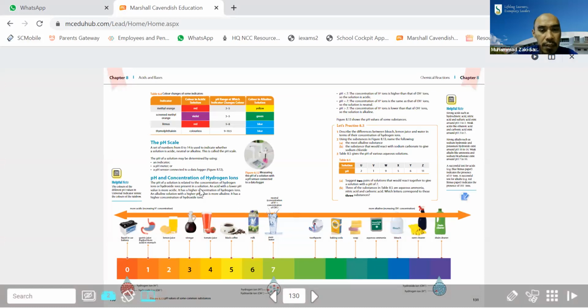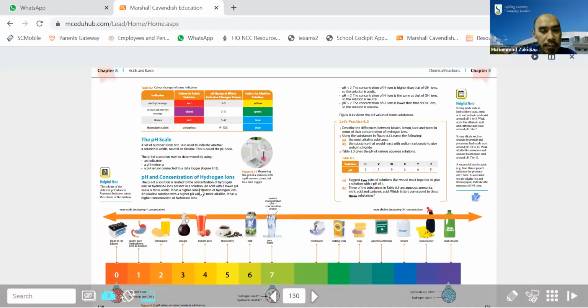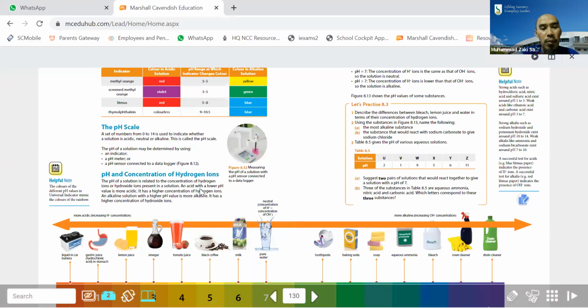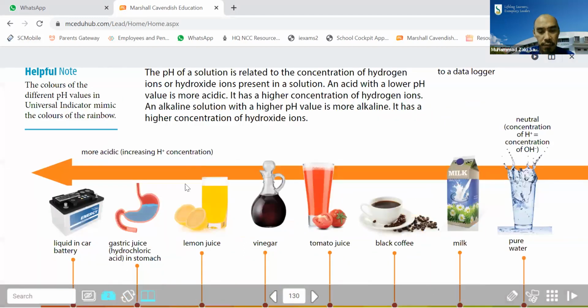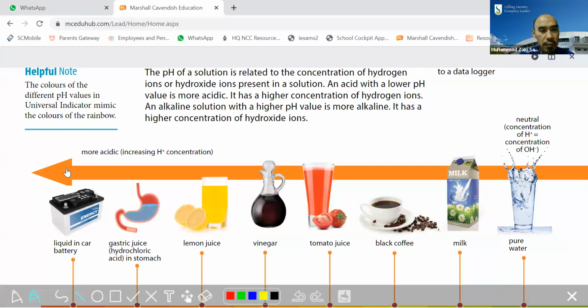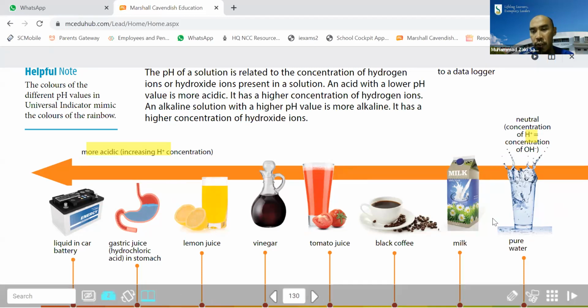see the text here. When you go more to the left, right? More acidic. Center, neutral, is equal. The H plus and OH minus are equal. If you go to the acid side, there will be more H plus. Go more to the right,